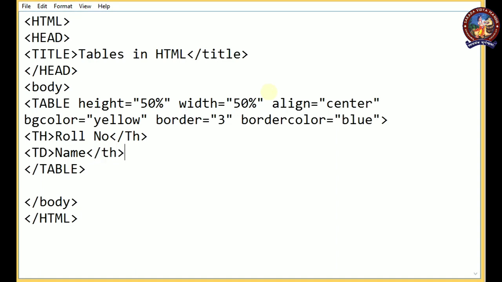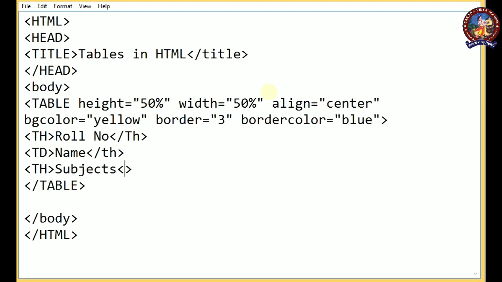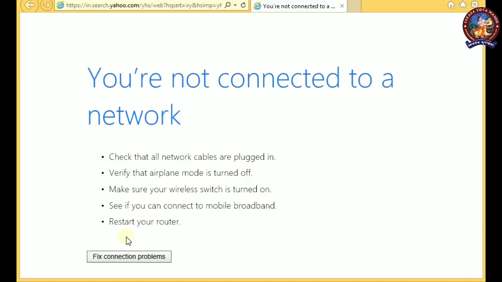Okay, and then subjects, table heading and table heading closed. Okay, so save, and if we open the file in here,